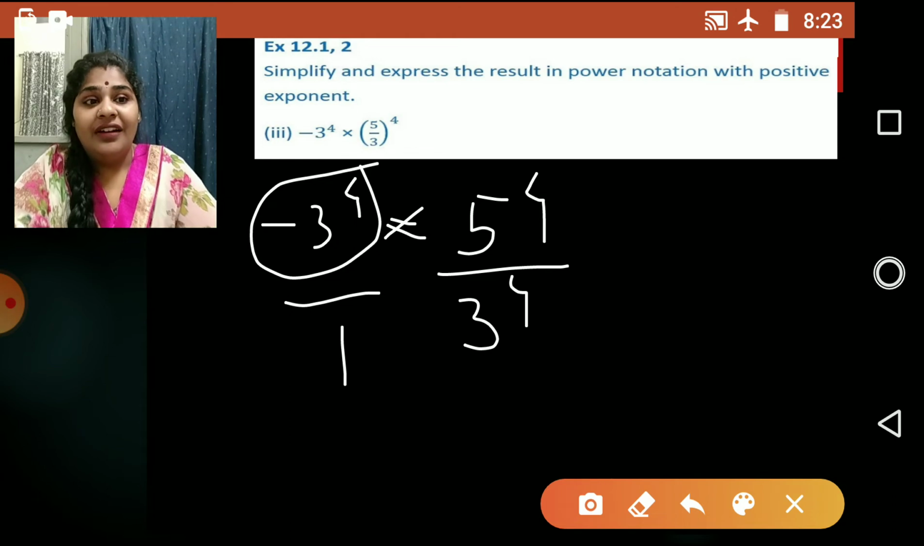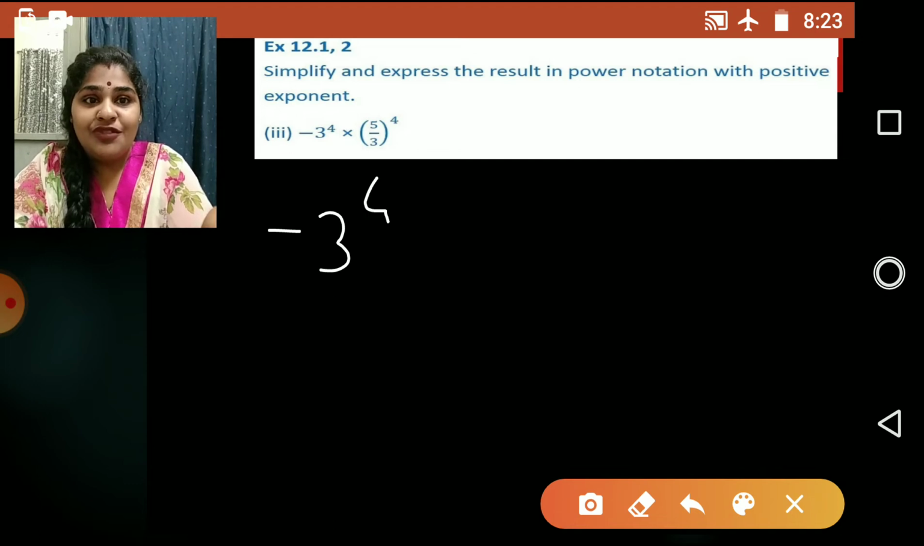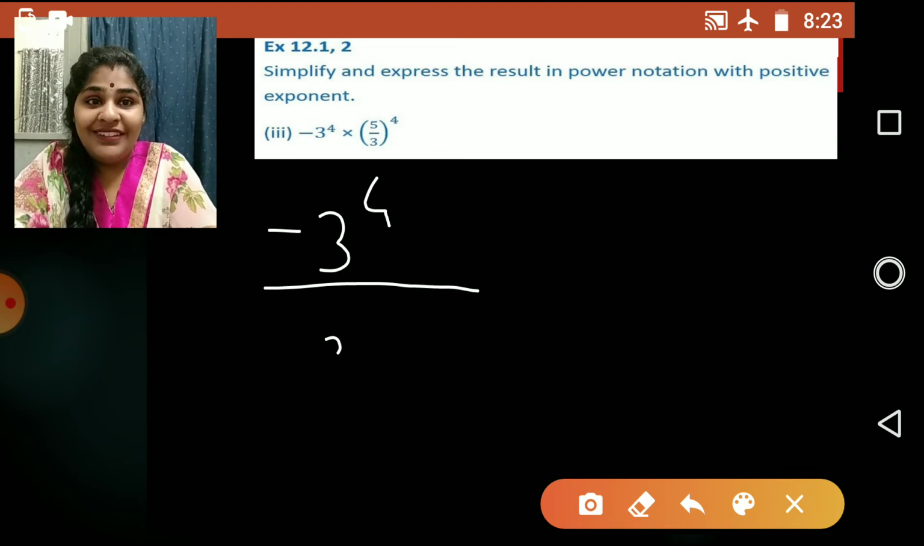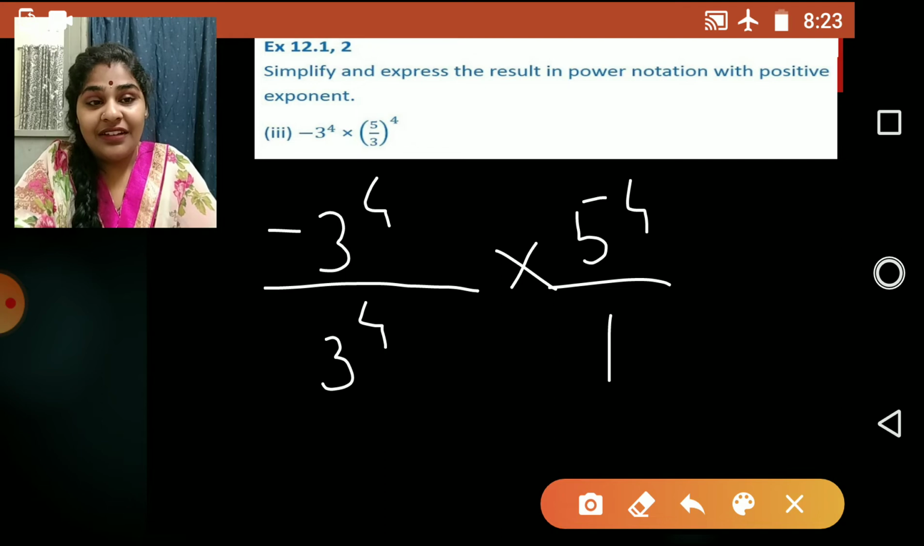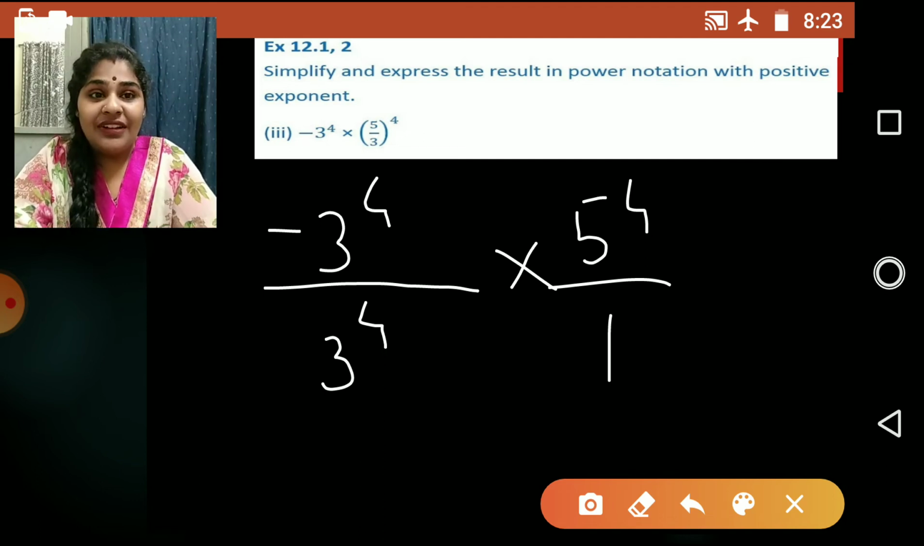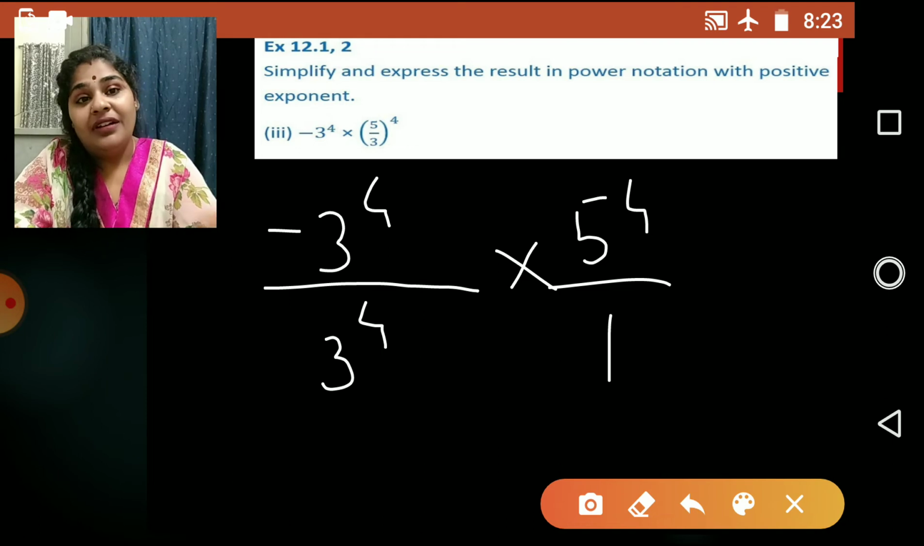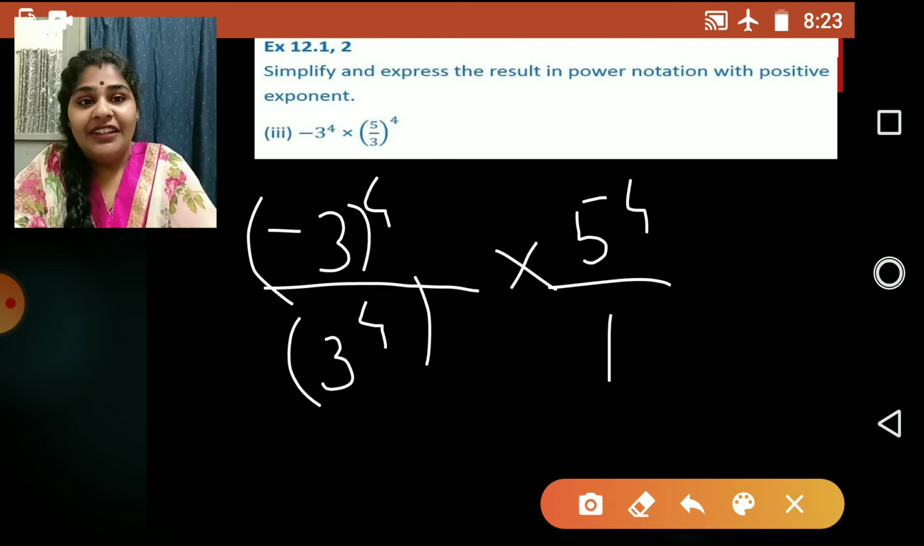So here can I write this as negative 3 raised to 4 upon 3 raised to 4 multiplied by 5 raised to 4 upon 1, children. I have just shifted the denominators, right? That doesn't make any difference. We have seen a into b is equal to b into a, right? So here if I write like this, now this and this can be cancelled